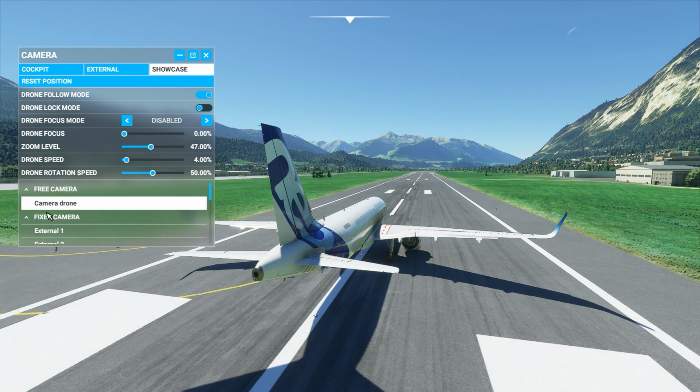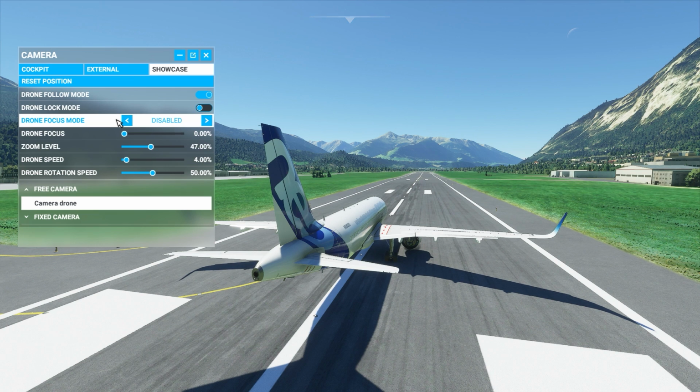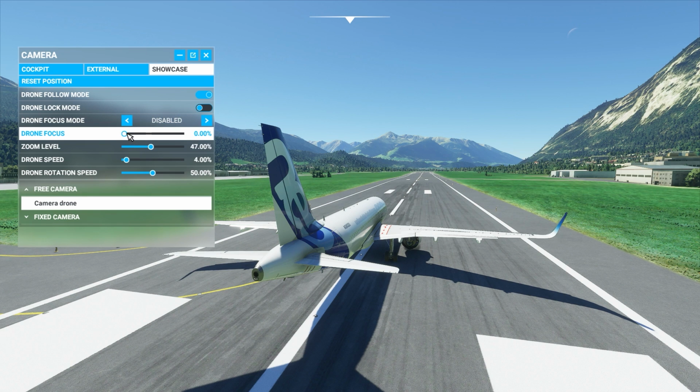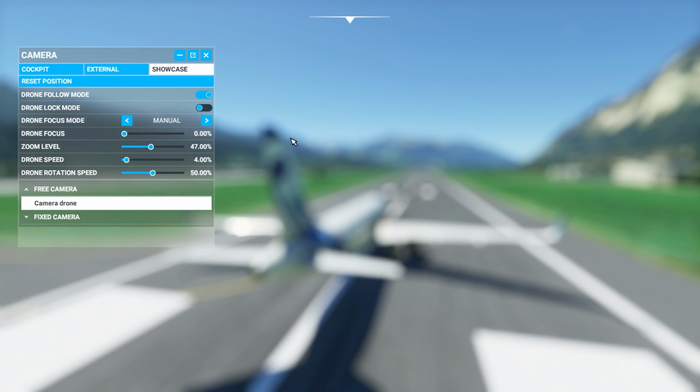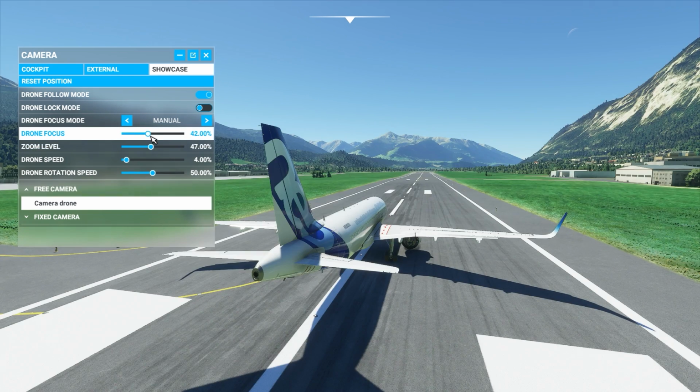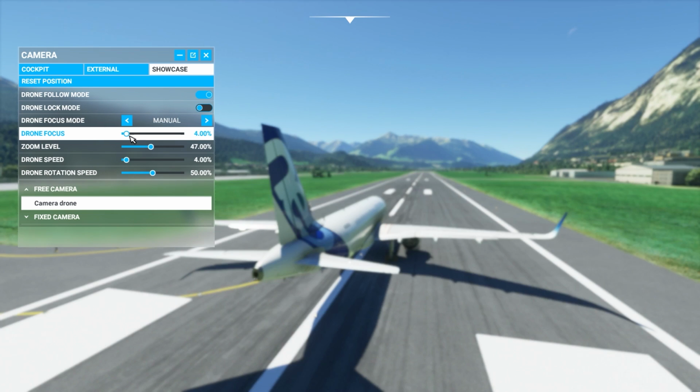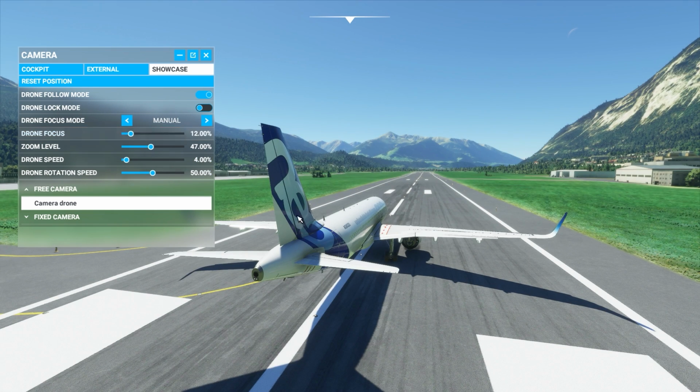And then if you click on the drone, you get the drone camera with the drone options. And this is where things get kind of interesting. You do have a bunch of options here to do with the drone focus that you can basically adjust. So you can make it so that the drone is focused on particular things. You can adjust the depth of field. You can make it focus on just the plane and blur things in the background. You can get really creative with this, and I'm not going to go through those options. However, the drone controls are